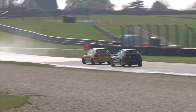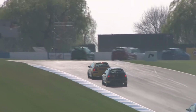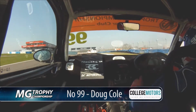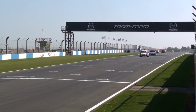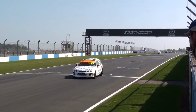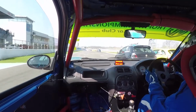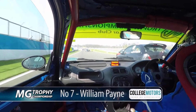David Heasman up ahead of John Booth in the number 50. Both Class C runners. David qualified in 3rd, John Booth in 4th position. John Booth, incidentally, a good name in motorsport, because there were 2 Booths back in the day racing Formula Ford 1600, Butcher Booth and Brolly Booth. Anyway, I digress. We go back on board as the cars tick off another lap and head down in towards